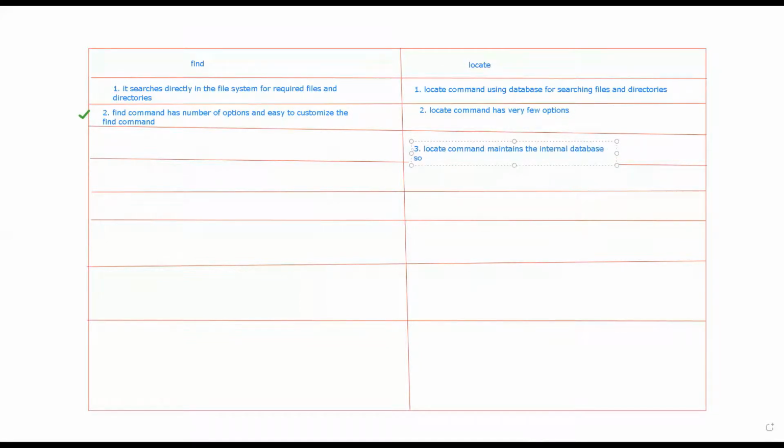So performance is very good as compared to the find command, right? So basically the locate command maintains the internal database, so the performance is very good as compared to the find command.